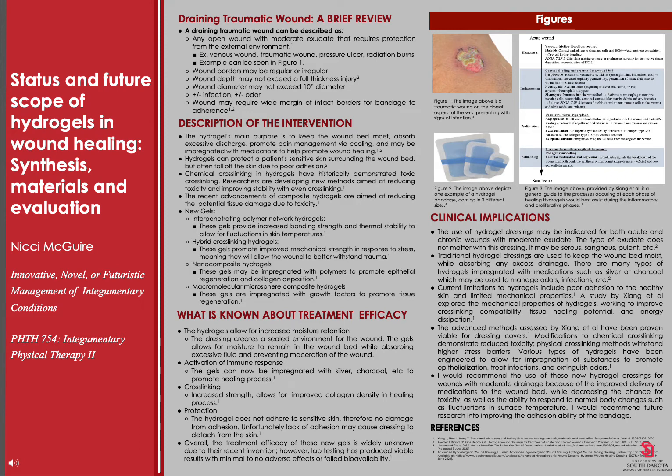In this research article, Zion et al. investigated advanced modifications to the hydrogels. These include improved bandage strength, improved promotion of collagen synthesis through embedded medications, increased non-toxic cross-linking, and improved stability with